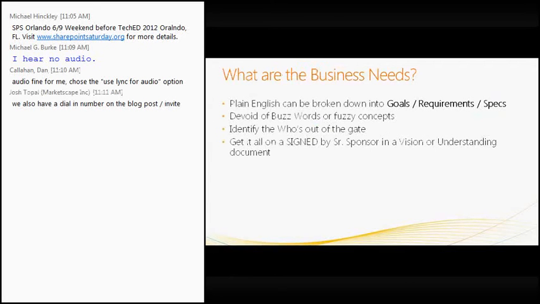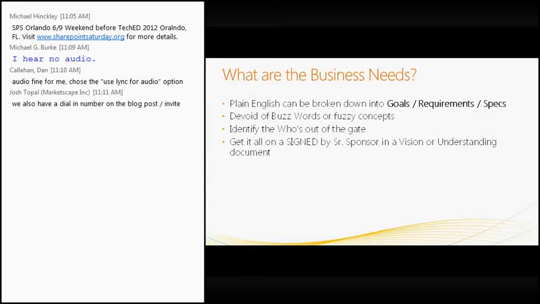So one of the first things, again, and there'll be many first things in this lecture, by the way, is to make sure you get your business goals down as far as what the business and the organization needs. And I'd like to break it down to goals, requirements, and specs. Once you have the needs and the goals set, you feature down into the requirements. Notice I said feature down, because as you write features into your requirements, those become specifications that you also need to have written down very clearly.